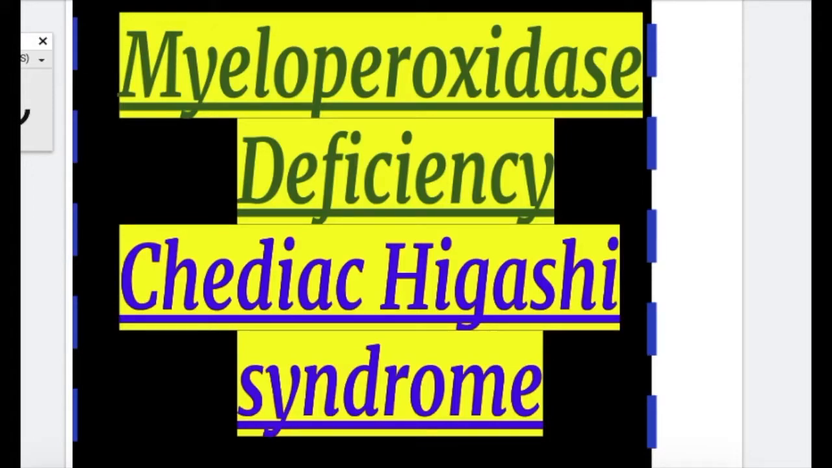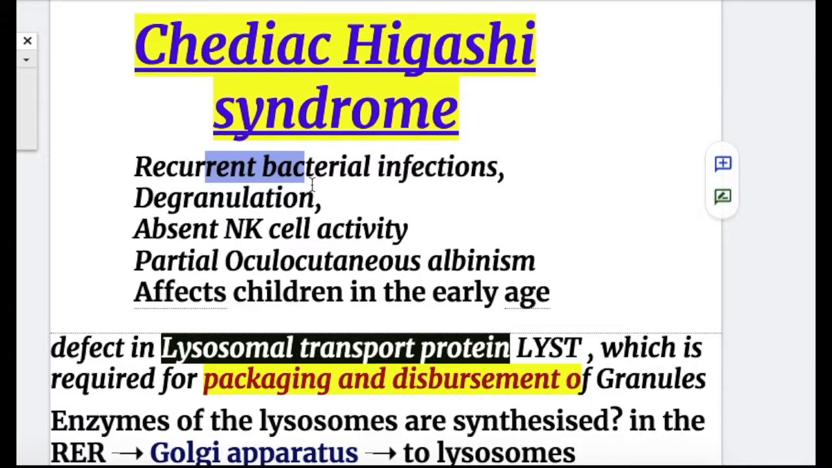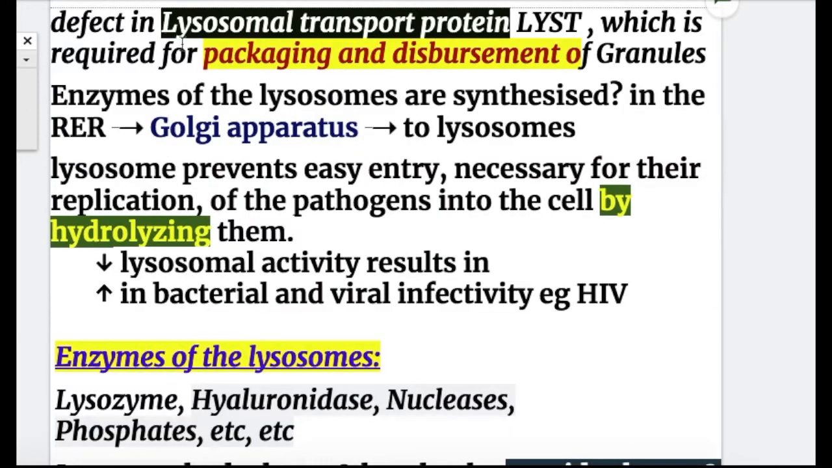In this video, we'll do an exam review on Chediak-Higashi syndrome. Now, Chediak-Higashi syndrome. So what happens in Chediak-Higashi syndrome? There are recurrent bacterial infections, degranulation, absent NK cell activity, partial oculocutaneous albinism, and the condition affects children at an early age. There is a defect in the lysosomal transport protein, which is required for packaging and disbursement of the